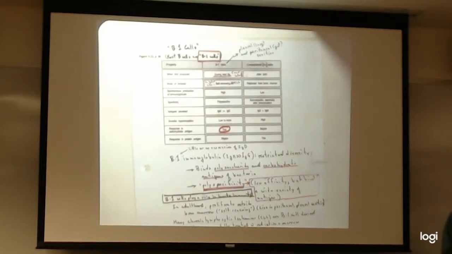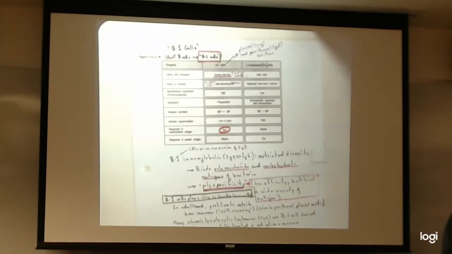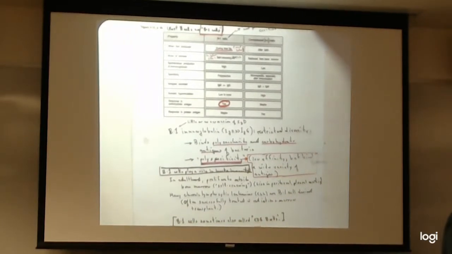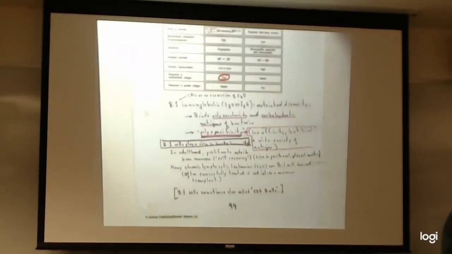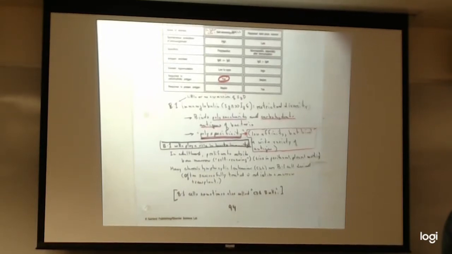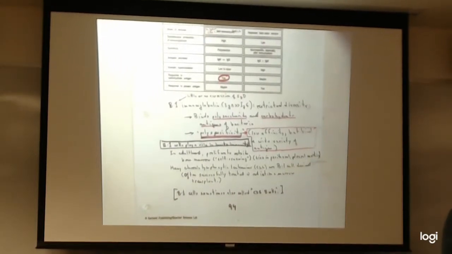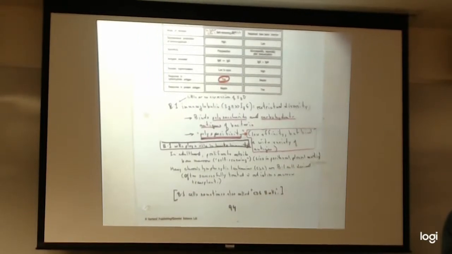And they will secrete these broadly reactive antibodies that will mostly react with bacteria, but maybe a little bit with us, with the cell, I don't know. They also express a protein on their surface called the CD5 protein. And the CD5 protein is a transmembrane protein, and it initiates signal transduction pathways that dampen down